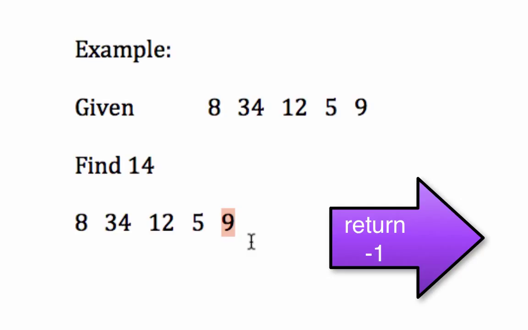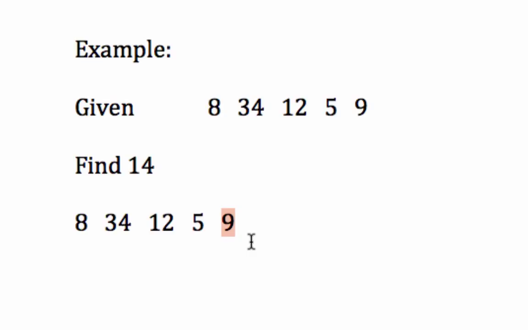And in Java, that value is -1. So again, the algorithm that we're using will return -1 to indicate that there are no values that match 14 in our collection. I encourage you to watch that video called Linear Search Code, and you will understand better this